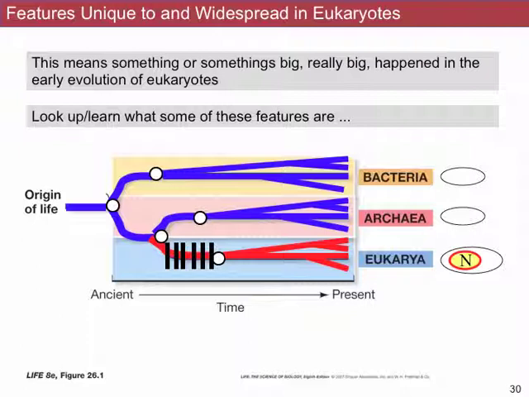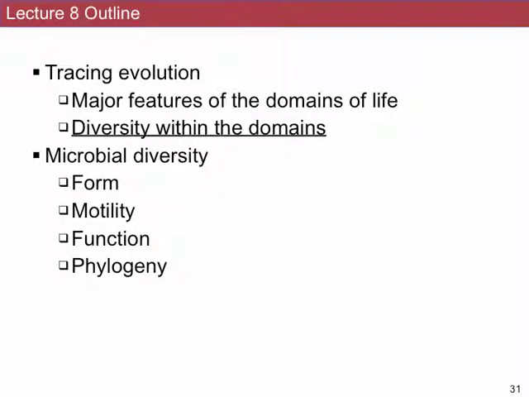So again, this sort of points to something pretty big happening in the branch leading up to the common ancestor of eukaryotes that led to all these differences. And we will talk about that again in the endosymbiosis lecture. Okay, so other than these features that distinguish eukaryotes on the one hand from bacteria and archaea,